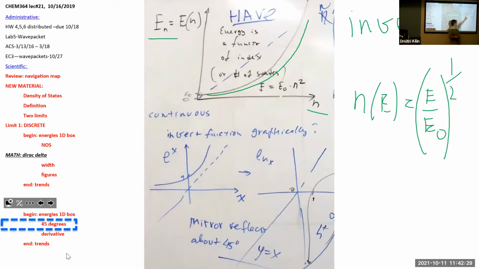So we do have an analytical pen-and-paper expression for the number of states as a function of energy, right? Square root of energy, which looks like it gets smaller and smaller, right? Well, it increases with decreasing slope. Increasing with decreasing slope. So, and we need to get a